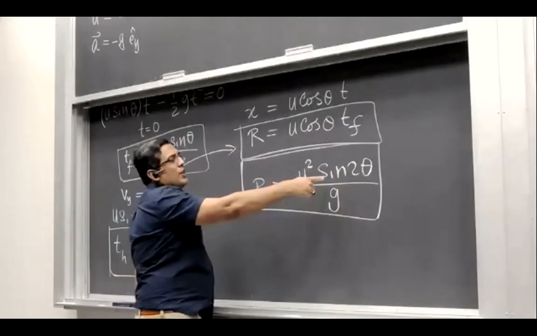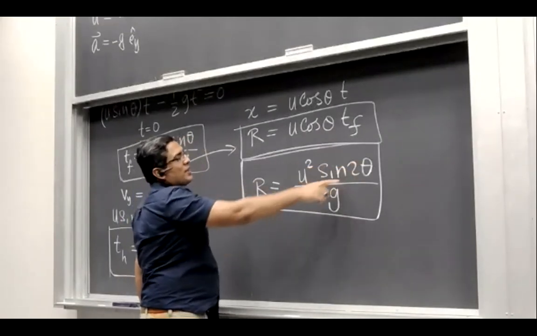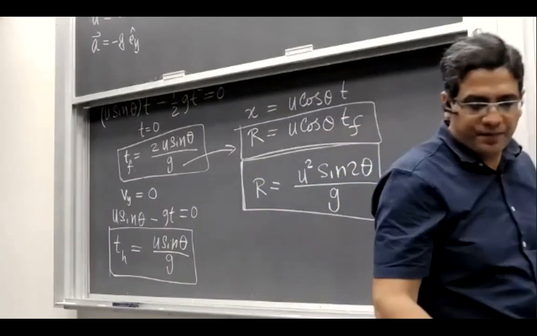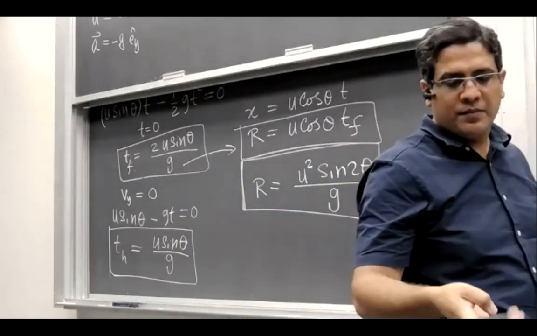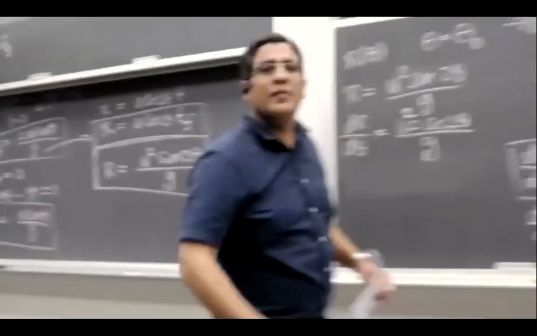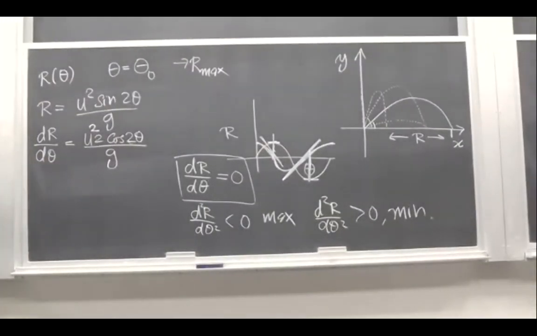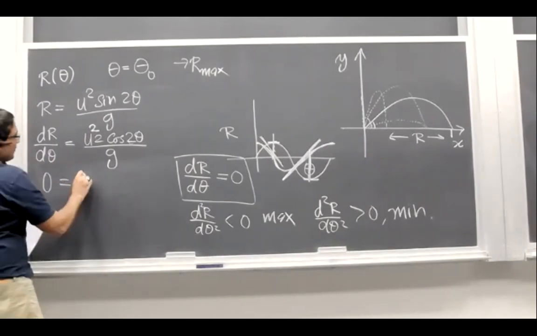Instead of writing 2 sin theta cosine theta, I'm writing just sin 2 theta. ठीक है. तो so here we have the derivative, and I don't need to show, you can check it for yourself that the second derivative of this function would be negative. ठीक है. तो इसका मतलब ये कि this is a maximum, so all I need to do is set the derivative to be 0 and then solve it for theta.